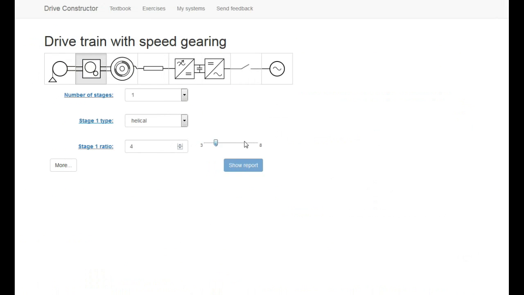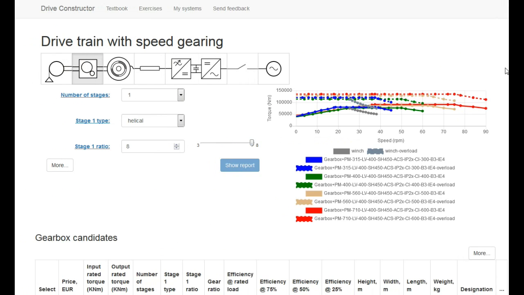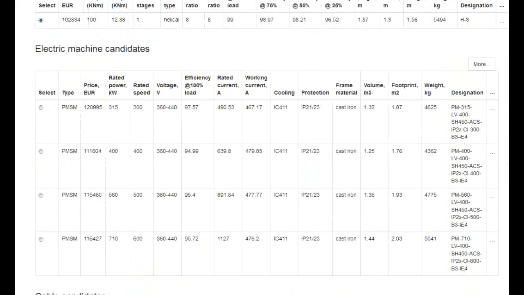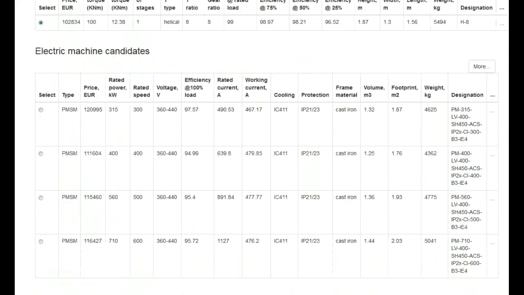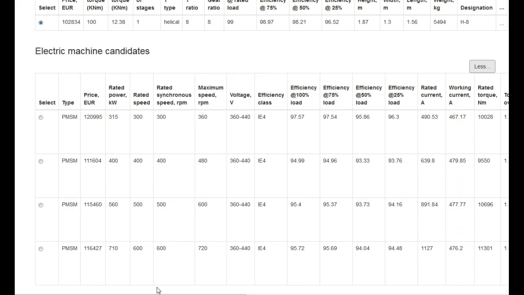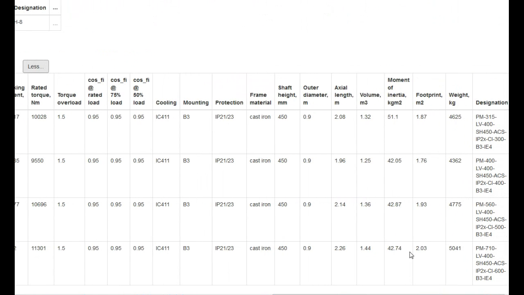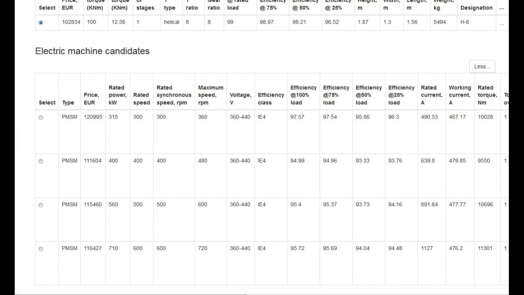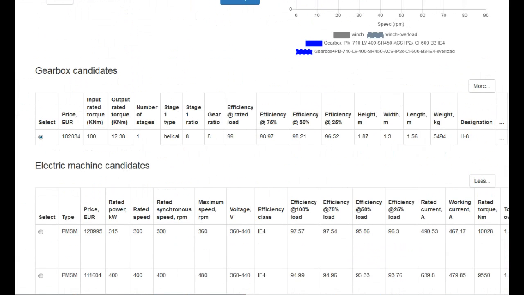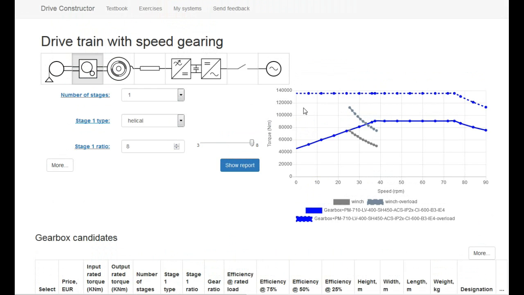But let's take a look at what happens if we change the gear ratio. So we increase the gear ratio from 3 to 8, and we do the same, press on more, and we see the moment of inertia there. It is much lower than before, but we should remember we increased the gear ratio from 3 to 8, and since it is squared in this total inertia equation, the overall inertia can be even higher, even though the rotor inertia is lower.